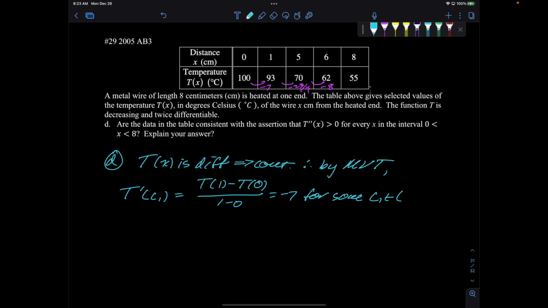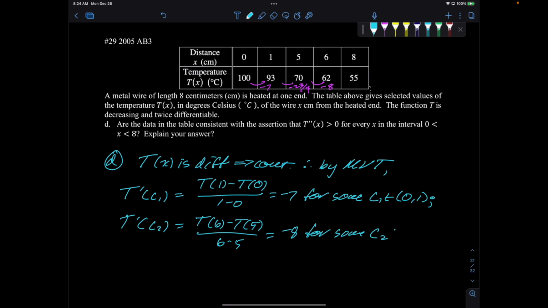C1 is an element of (0, 1); semicolon. T prime of C2 is, going from 5 to 6, t of 6 minus t of 5 over 6 minus 5, which is -8, for some C2 which is an element of (5, 6). Okay, so